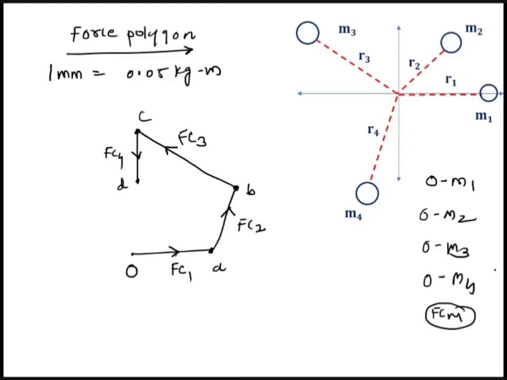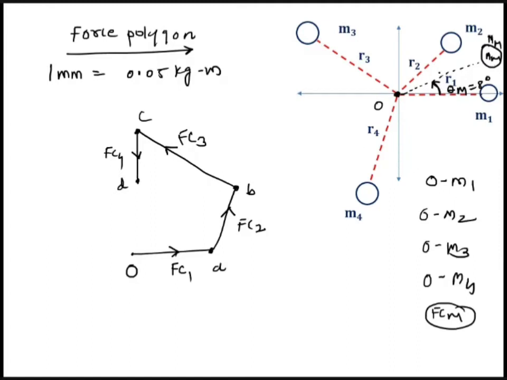Now what will you do? First of all, you have to locate this mass Mn. How will you locate it? Now we know that this mass Mn is acting at an angle theta m equal to 8 degrees anti-clockwise. So this is how it will be located. So this will be mass M. How have we located this mass Mn? Because I have already measured the angle. This angle is theta m equal to 8 degrees. So measure the angle of 8 degrees on the space diagram from this horizontal axis. Then at 8 degrees, that is theta m, you will get the balancing mass Mn.